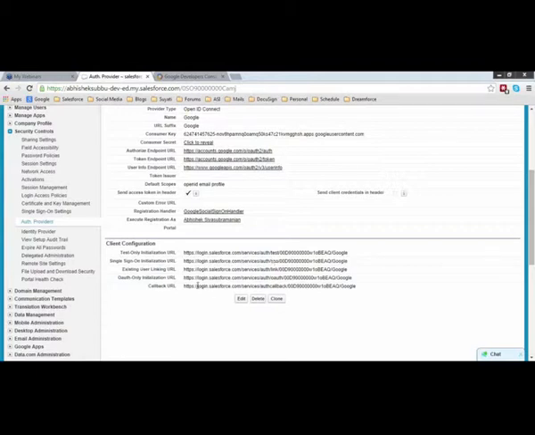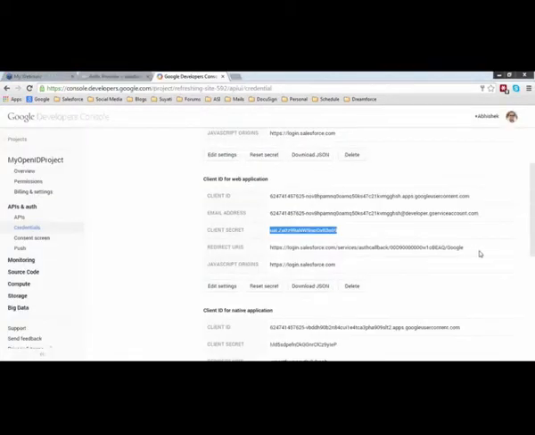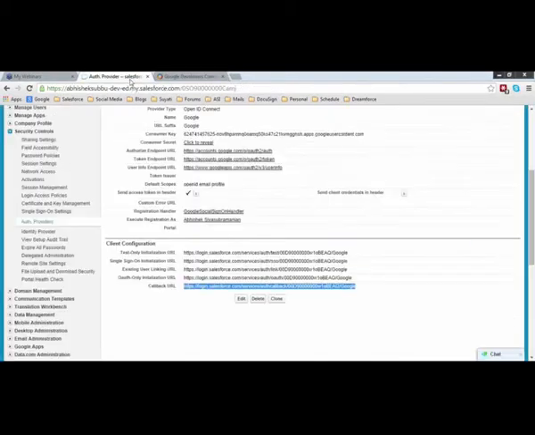To make sure your authorization communication to Google works properly, you need to make sure this callback URL is updated back into the Google client that you have generated up here. So this redirect URI needs to match the callback URL that you have specified in the auth provider.